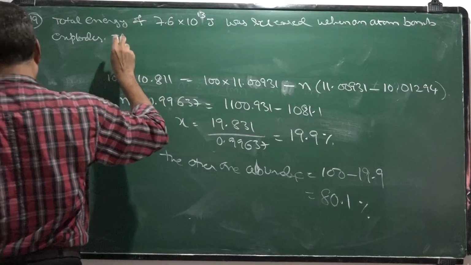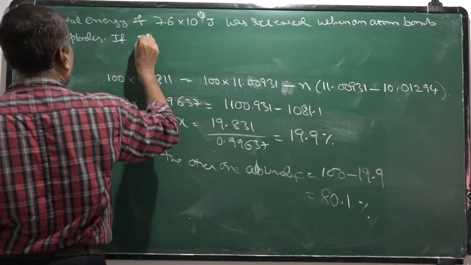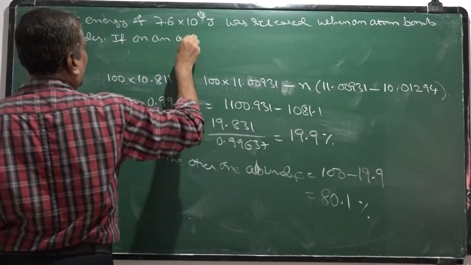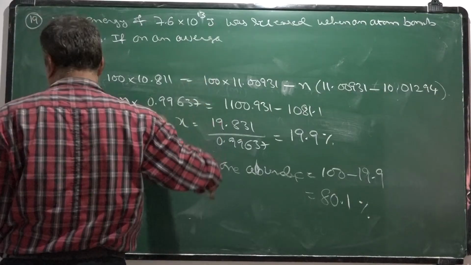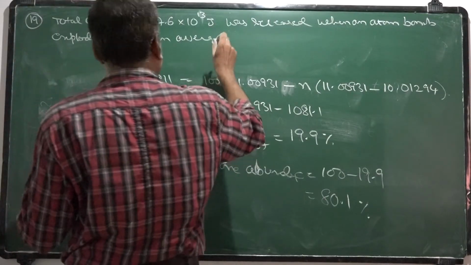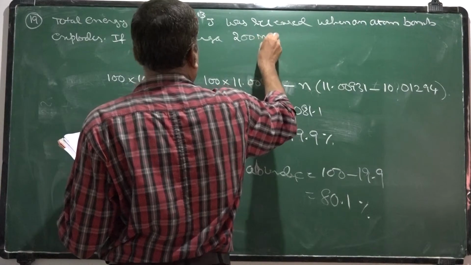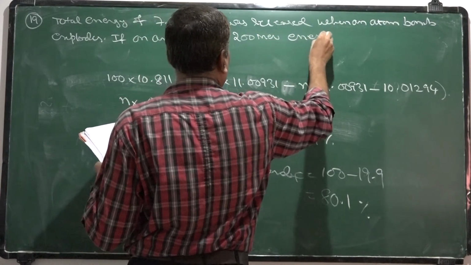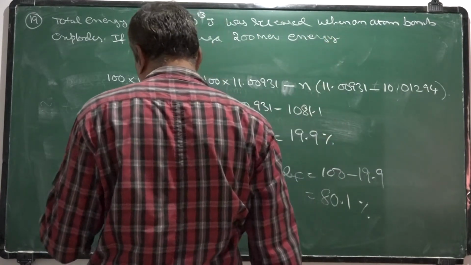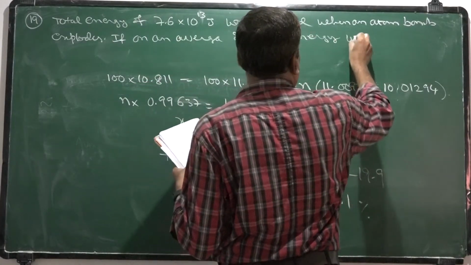If on an average 200 MeV energy was released per fission,